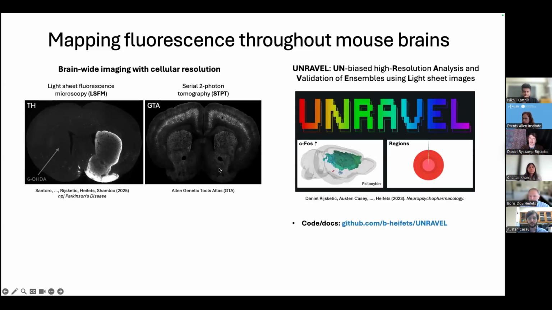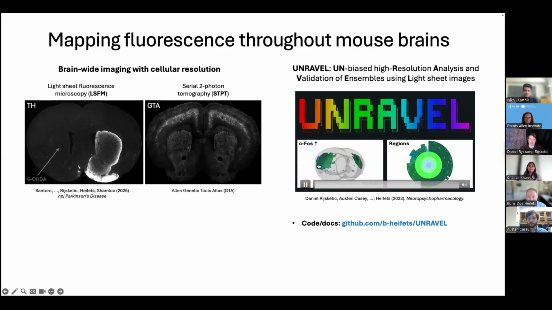tools. And so we initially developed Unravel as a way to automate analysis of light sheet images. For example, we've characterized the distribution of CFOS induction from psilocybin treatment, which is a psychedelic drug. And we can see that there's a lot of CFOS expression in the cortex, but some in subcortical regions as